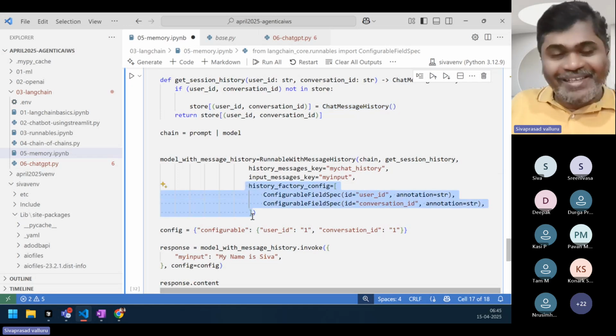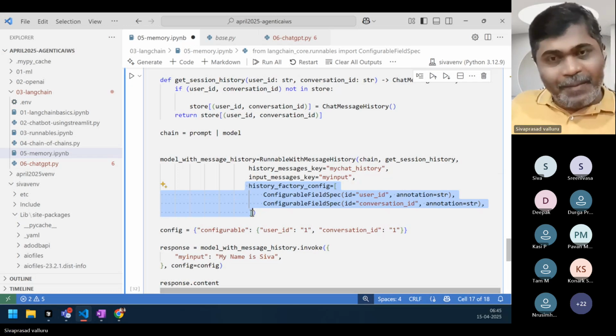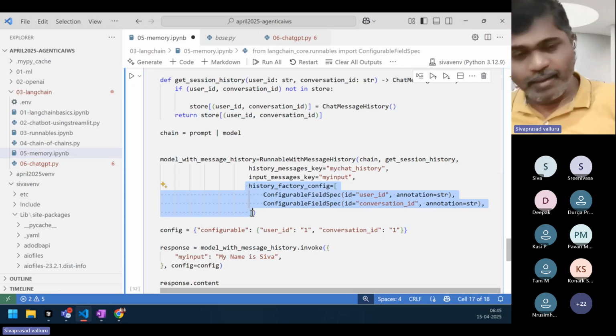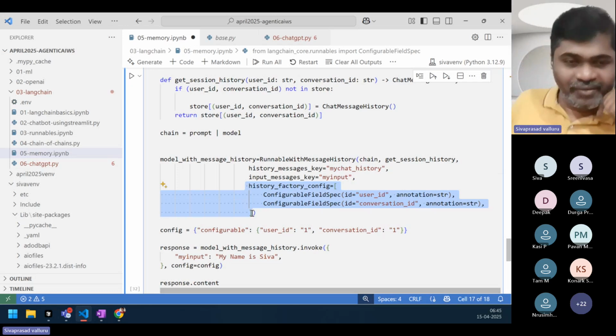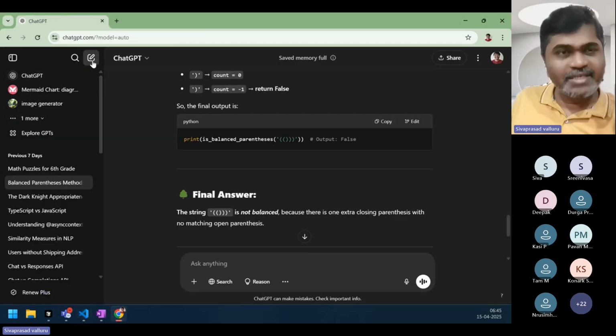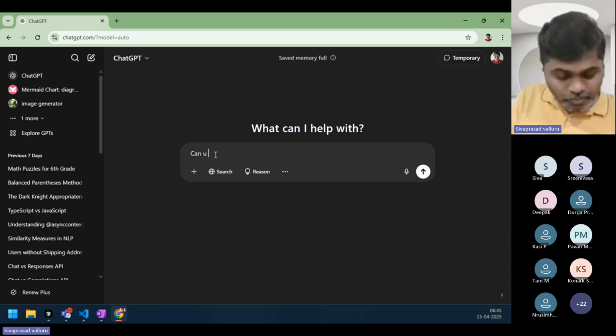Okay. One thing in your mind might be, hey, this is becoming too much configuration. Do I need to remember it? One thing is, once you start using it, you'll automatically remember it. Or if you don't remember it, always your friend ChatGPT is there. ChatGPT or anything like Claude is there. I can just ask,